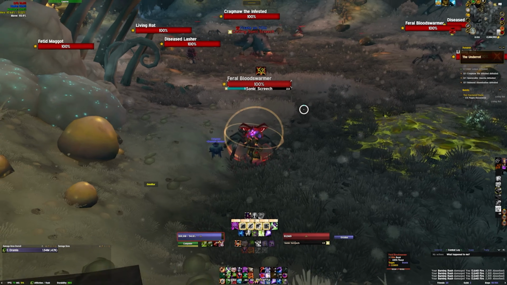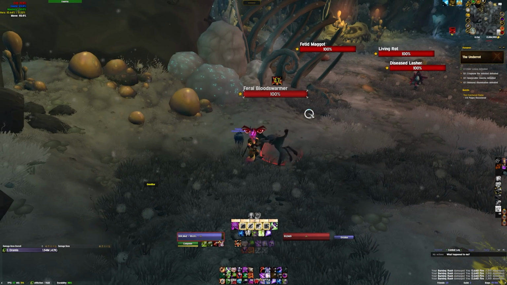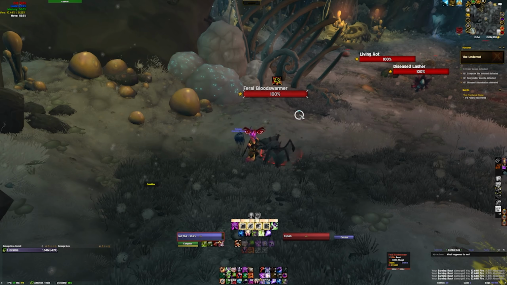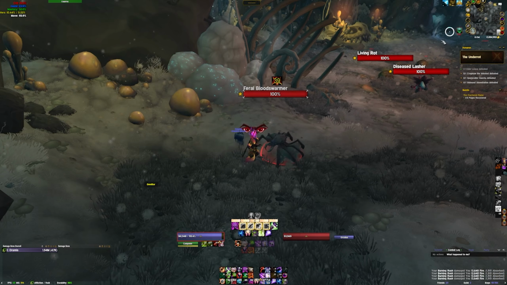Moving on to the Feral Blood Swarmers. These Blood Swarmers have 2 main features. The first is Sonic Screech, which is a silence. If you're casting when that thing goes off, you'll be caught out. Much like the